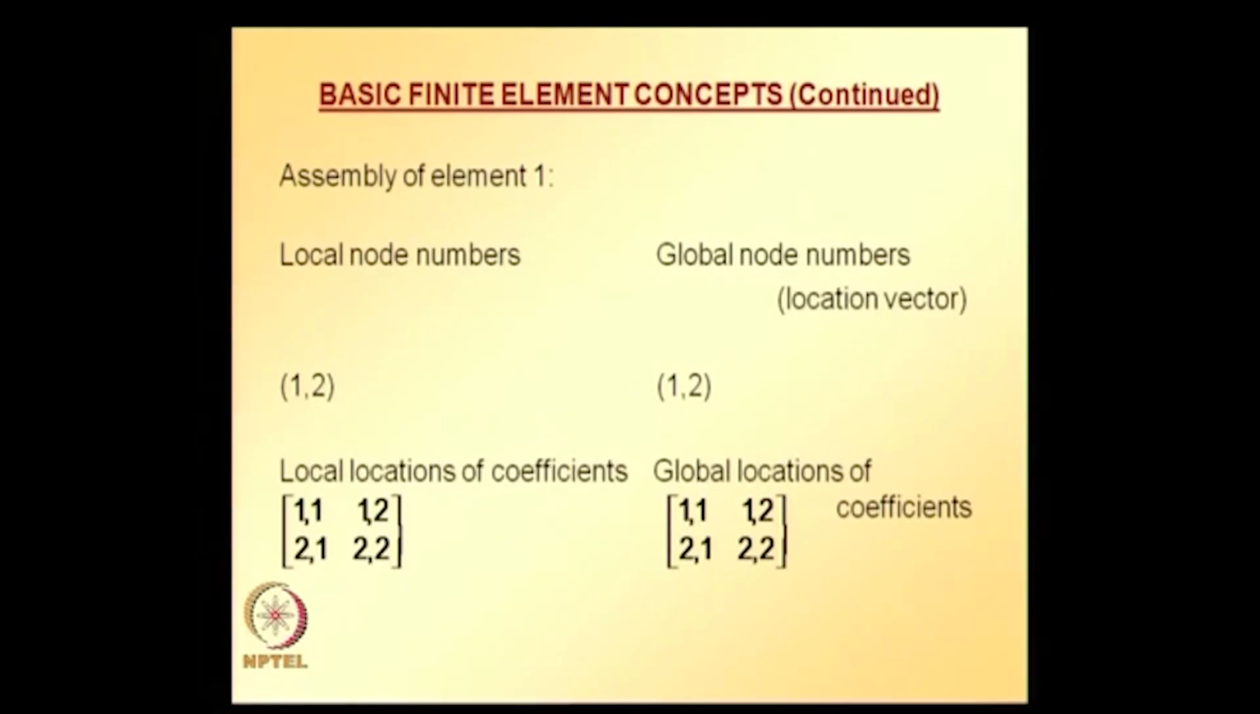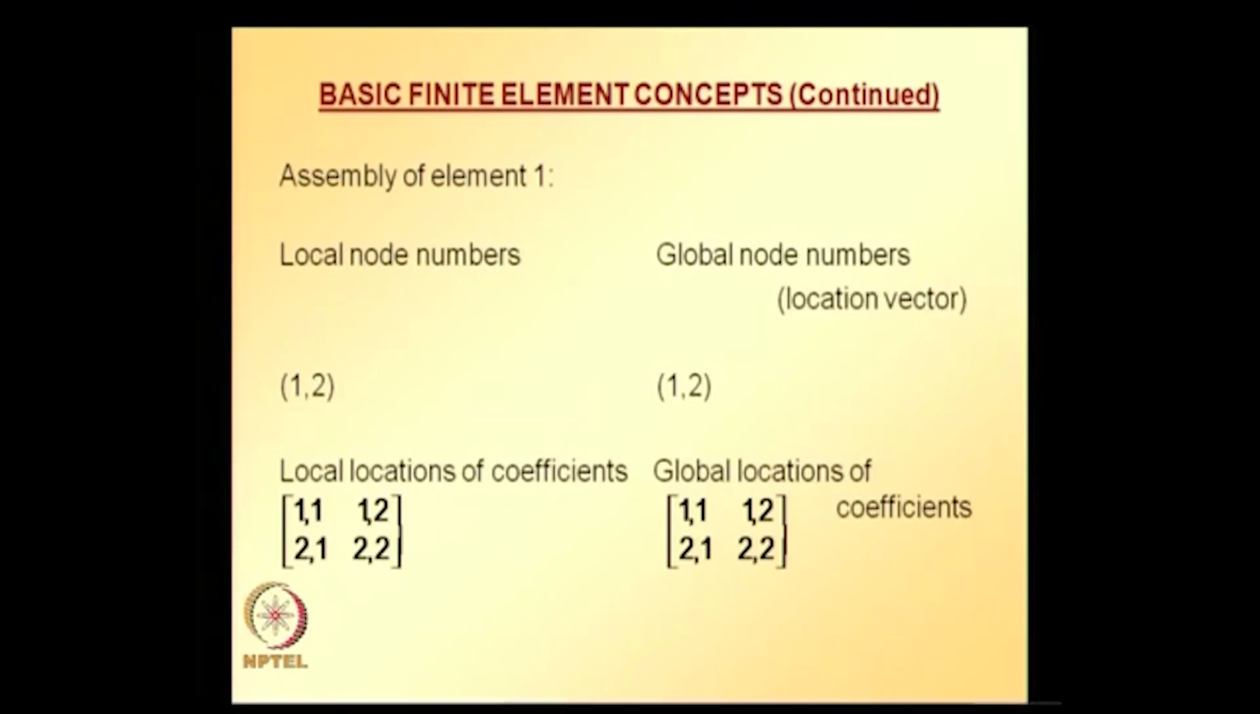Local node numbers 1 and 2 correspond to global node numbers 1 and 2. So, local locations of coefficients and global locations of coefficients are related in this manner. Whatever you have locally for element 1, whichever is at the 1 1 location goes into the global equation system at 1 1, whichever is at 1 2 goes into 1 2, similarly the rest. Okay. So, now let us look at element assembly for element 2,